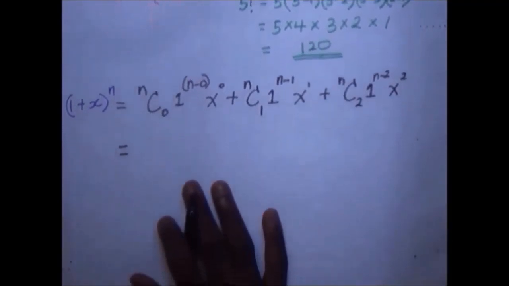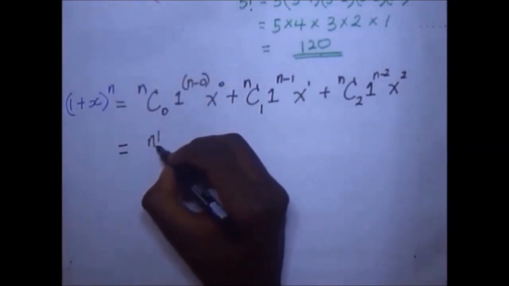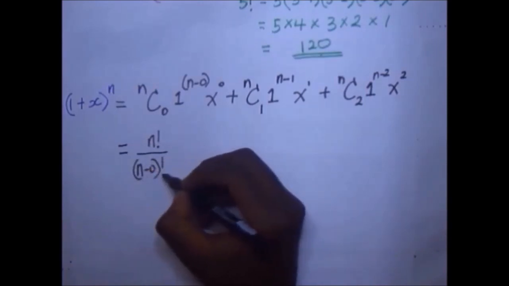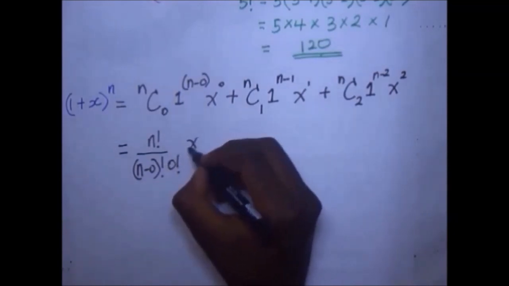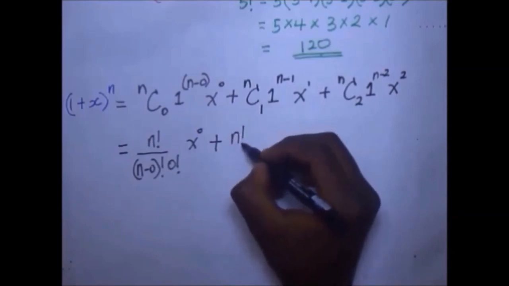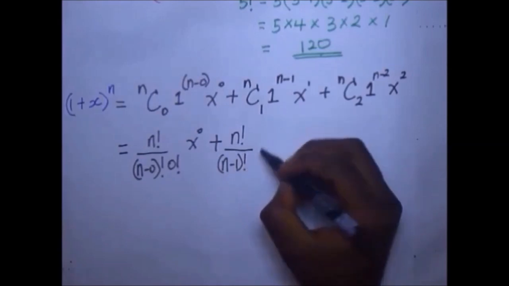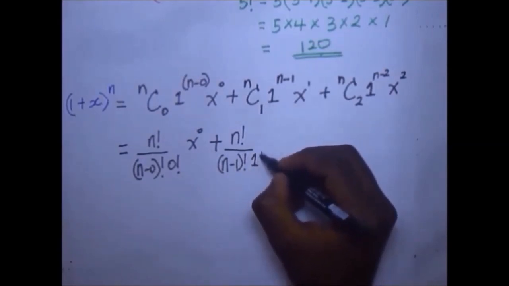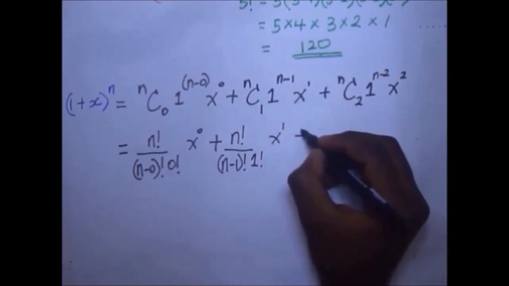So expressing that using what we did before, it's going to become n factorial over n minus 0 factorial times 0 factorial, that is times x to the power 0, plus n factorial over n minus 1 factorial times 1 factorial, that is times x to the power 1, plus